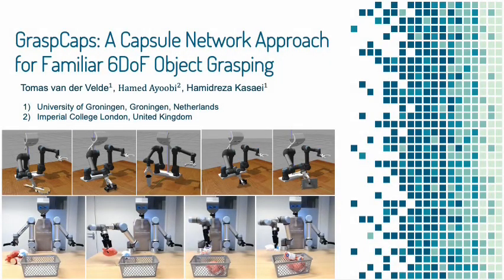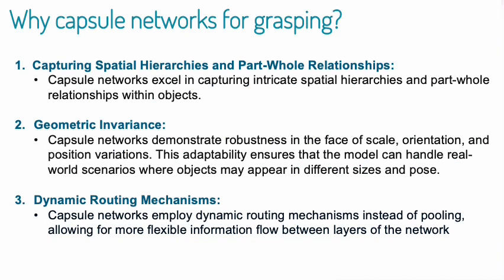Greetings, this paper presents GraspCaps, a novel architecture based on Capsule Networks for generating per-point 6D grasp configurations for familiar objects. Despite the evident potential, research on the application of Capsule Networks for object grasping is notably lacking. This pioneering work aims to bridge this gap by exploring the unique strengths of Capsule Networks in the context of familiar object grasping. Key reasons to choose Capsule Networks for object grasping include: Capsule networks excel in capturing spatial hierarchies